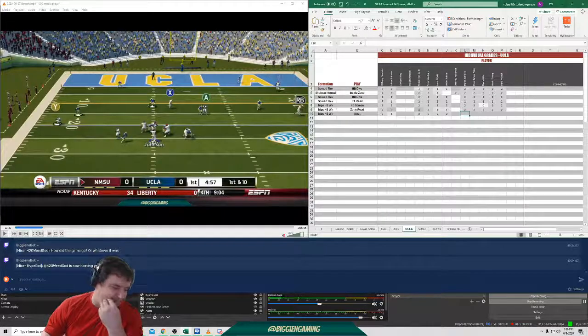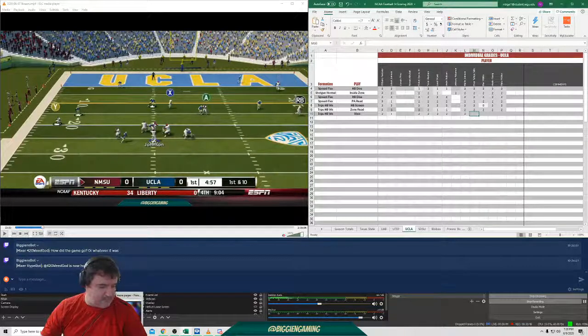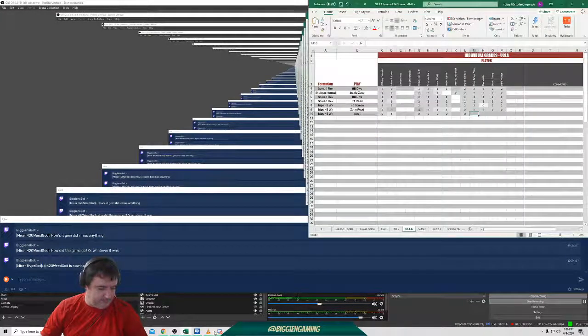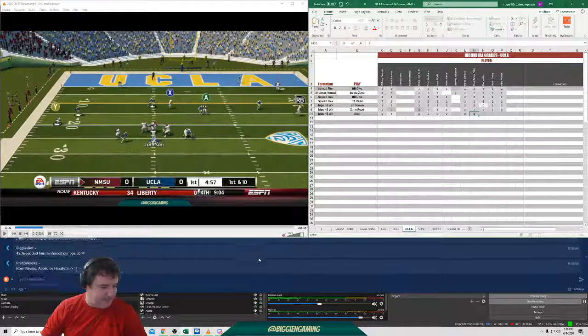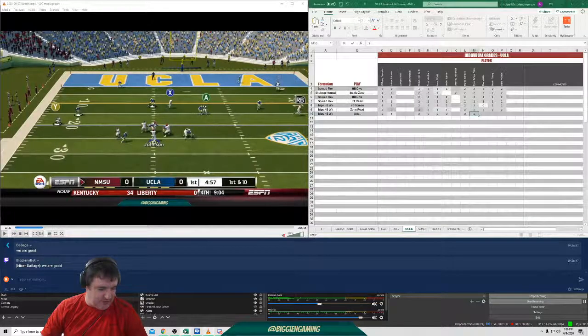What do you think? What should I give the left guard? Should I give him a 1 or a 2? Oh, I lost my screen. What do you think? I think I'm going to give him a 2. Hopefully you guys are still there, or did we lose connection? Okay. Just making sure. I think I'm going to give him a 2. Because it's enough time to get the ball out there. Okay?